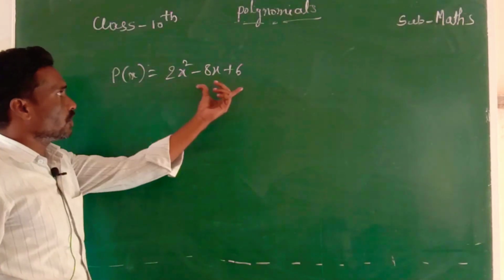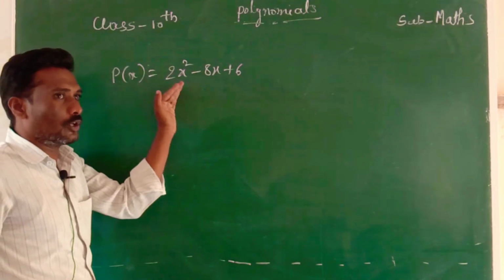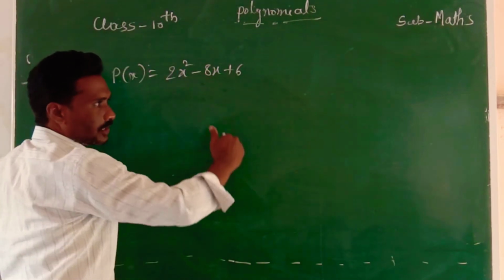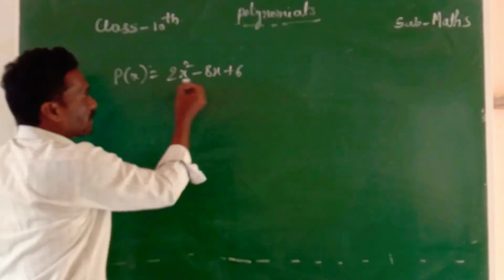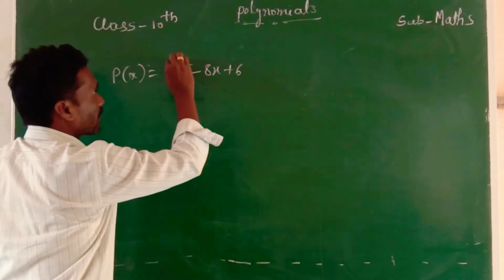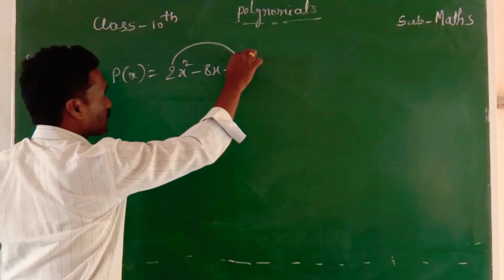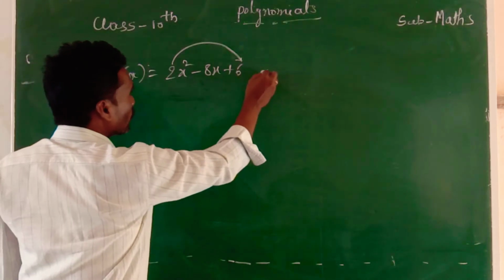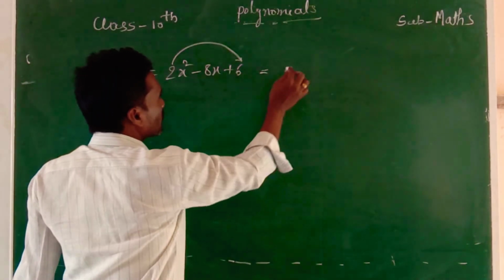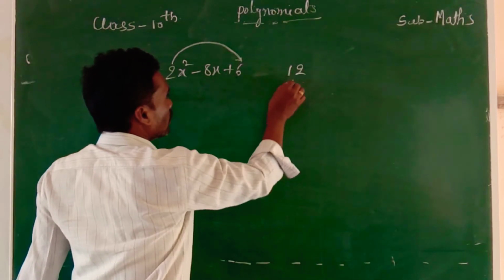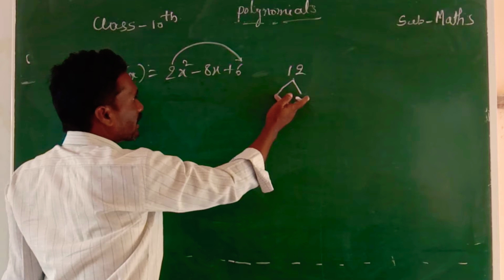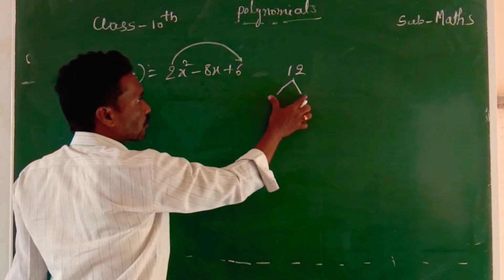See, how to find the zeros of the polynomial, we learned earlier in 9th standard: by splitting the middle term you can find the zeros. So for this I will find the zeros of the polynomial. First, to split the middle term, we have to do a into c. This is the general form I am taking, a into c. A into c is 2 times 6, which is 12. So we have to split 12 such that, if you add or subtract, we have to select two numbers here.